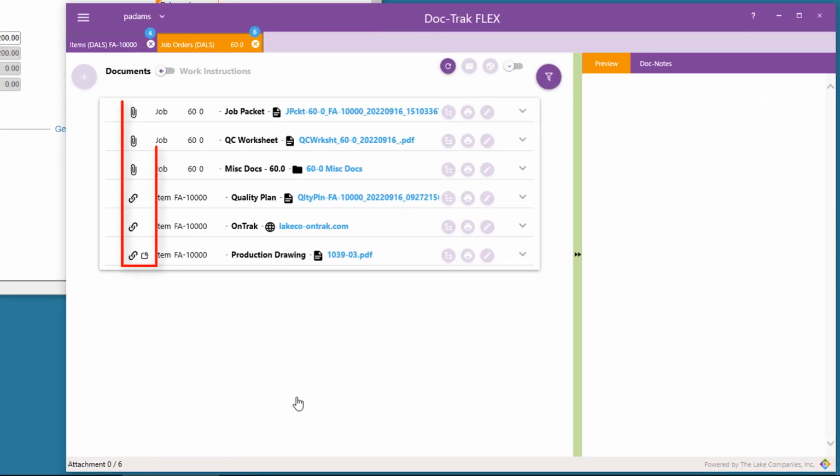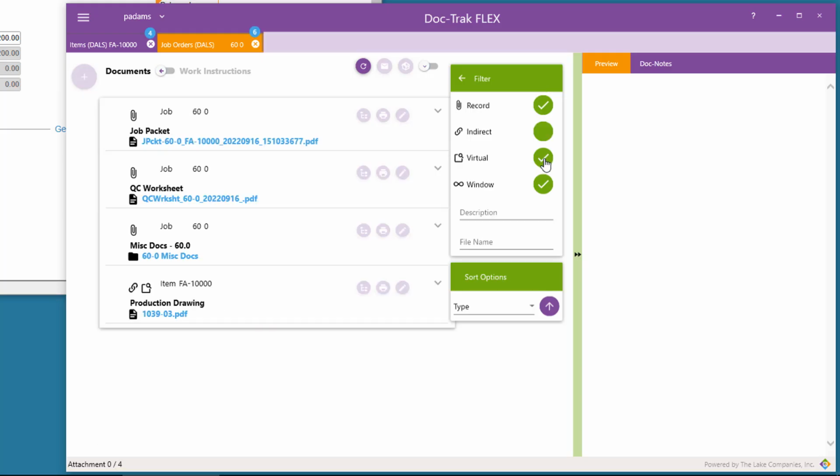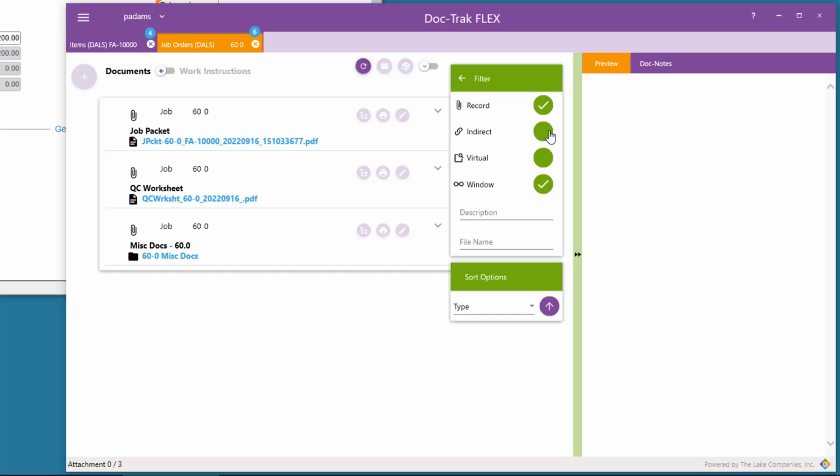Now, if you happen to forget what these file type icons mean, just select this filter button. Here you'll find the description for each icon. You'll also be able to filter by type. Just select or deselect them to see only types you're interested in.